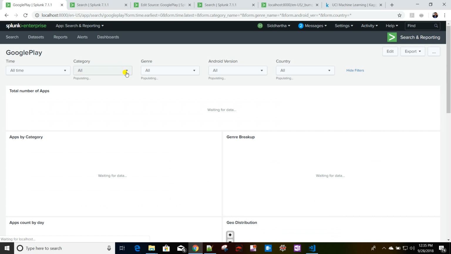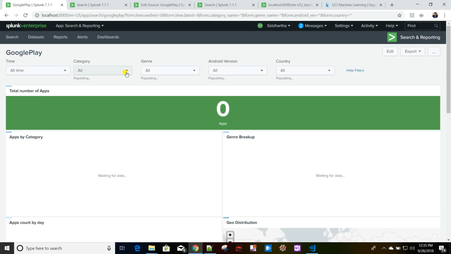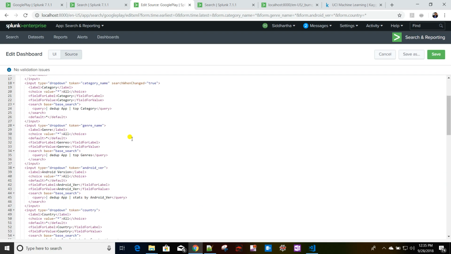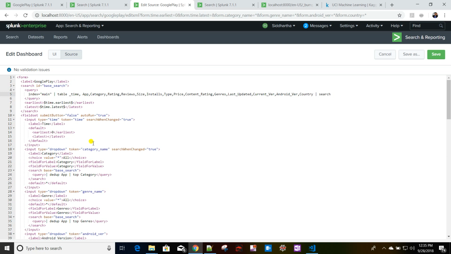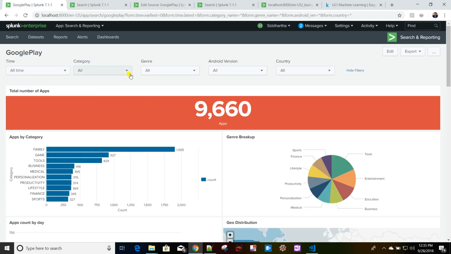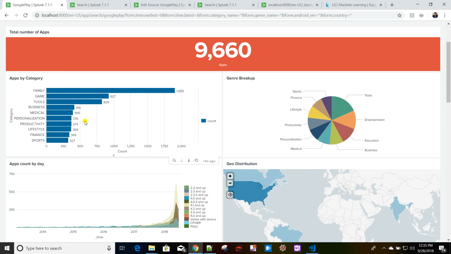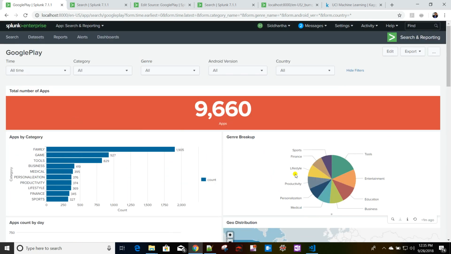If I click on here, that category filter has a default value of star. If you see, for the category name filter, the default value is star. So when the user clicks on that cross button, it runs with all the different categories, so it resets itself back. Okay, similarly for the pie chart as well, if you run the query,